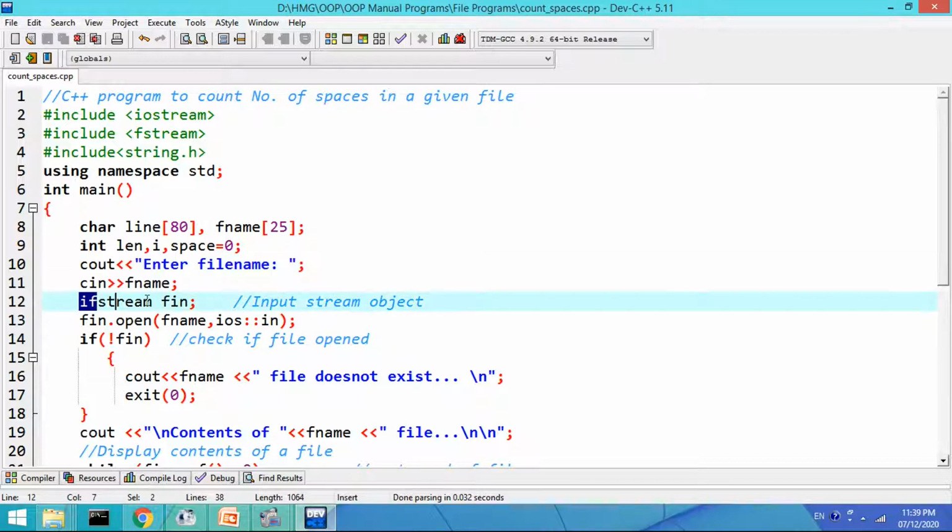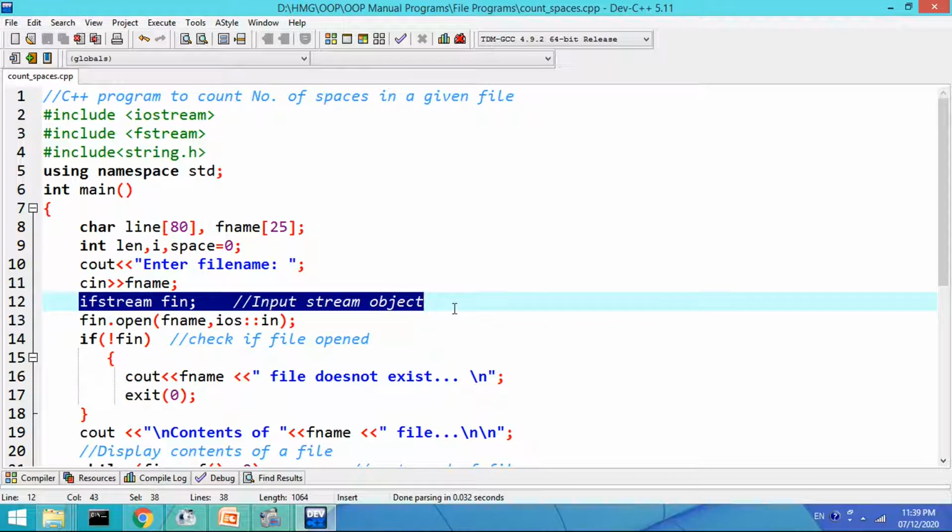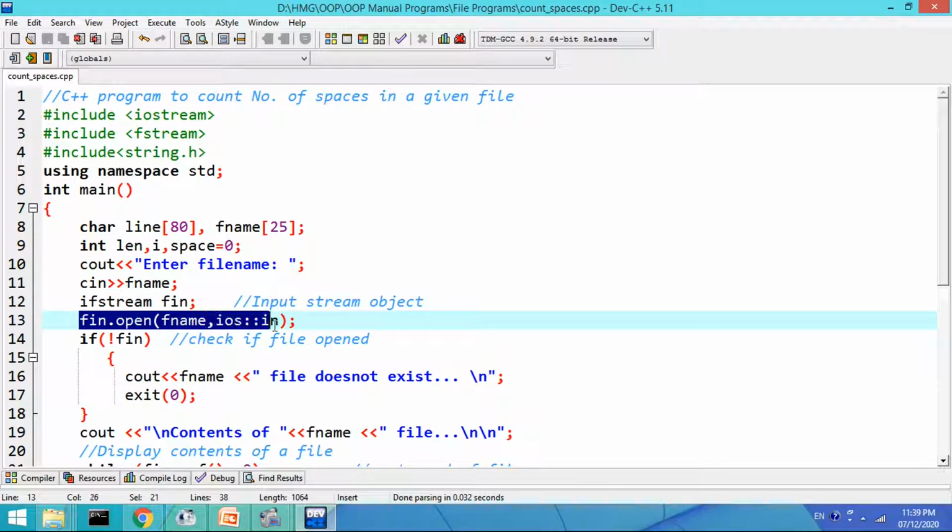Then to open that file we will require one input stream object. So here fin is the input stream object which is created using ifstream class. Then using this object, let us open a file fname in input mode. So here ios::in is the input mode. The file will be opened for read operation.